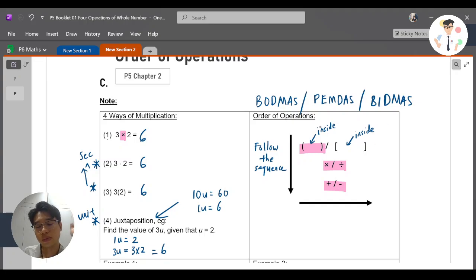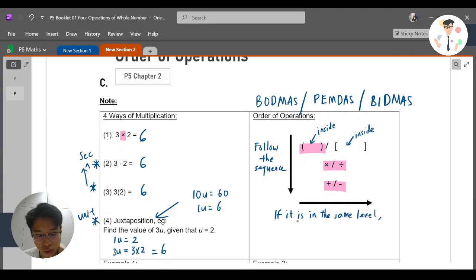Okay, now, what happened is, teacher, what if there is plus or minus happening in one operation? You say they are in the same level, then which one should I do first? Okay, now let me just ask you to write this. If it is in the same level,